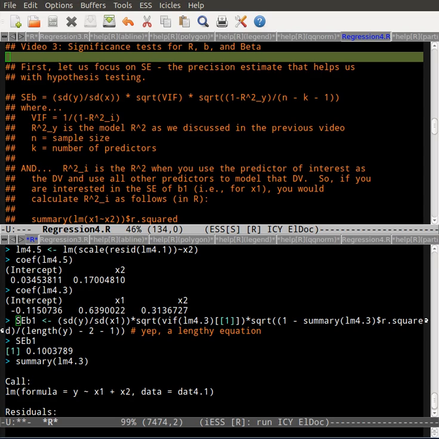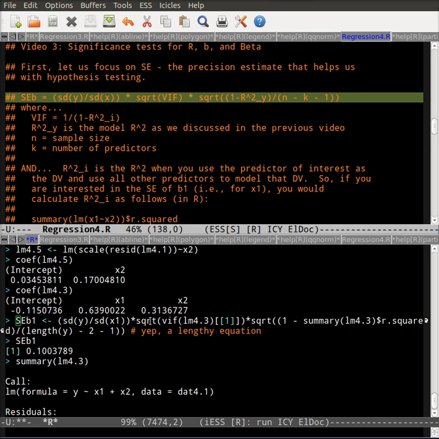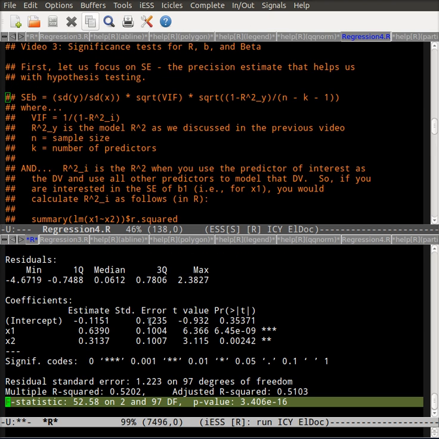Our third video for this week focuses on significance testing for our parameter estimates. And instead of going through all of the details about each parameter estimate and the standard error, I'd rather give you an overview of what standard error represents, where we find it, and how we deal with it. So first, I want to go to the output of a linear model so that you can see what we've